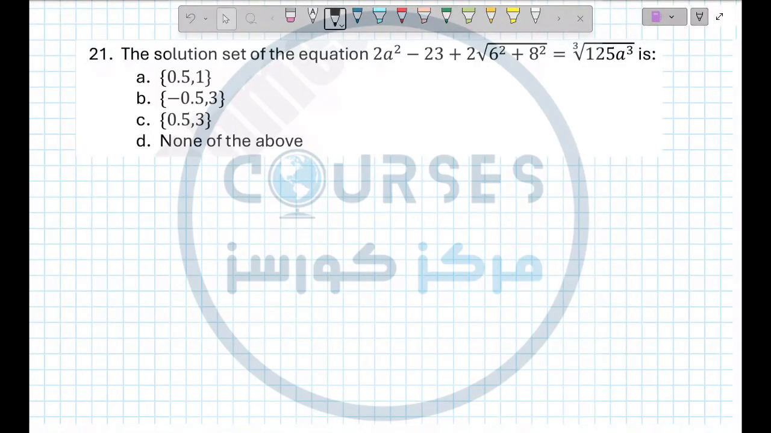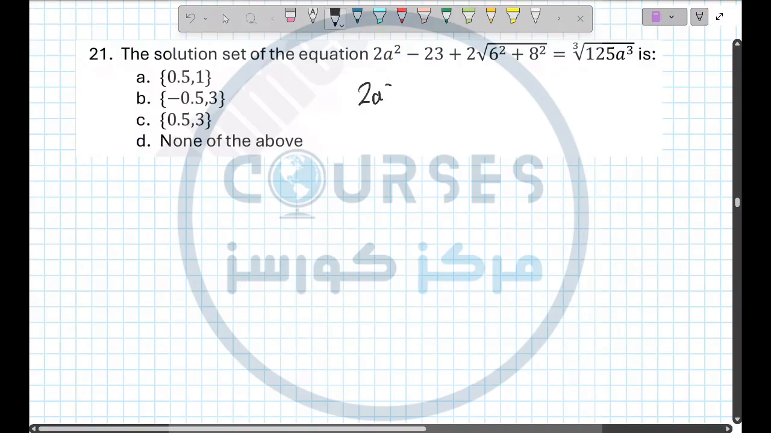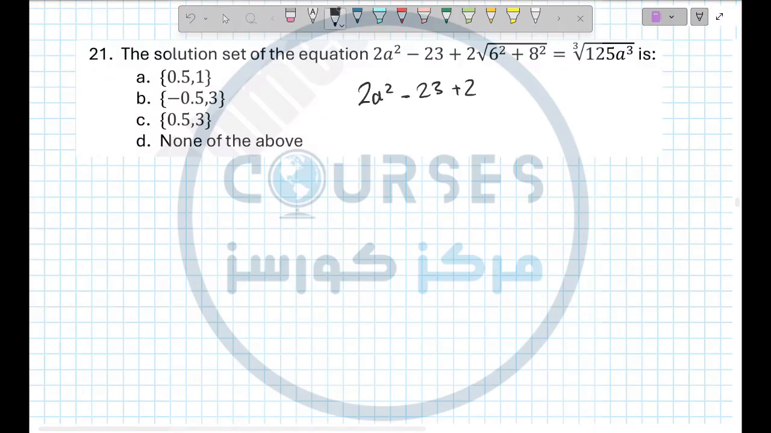Okay, let's look at this question. So we have 2a squared minus 23 plus 2 square root 6 squared, that's 6 times 6, which is 36, plus 8 squared, that's 8 times 8, which is 64, equal, we can split the cube root of 125, cube root of a